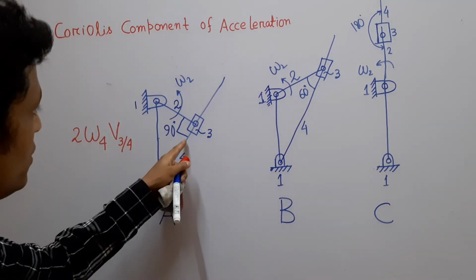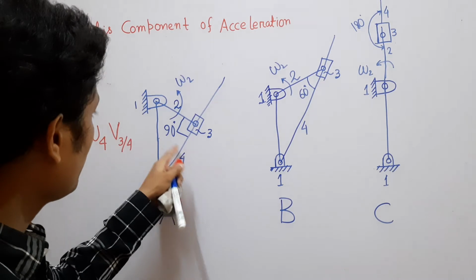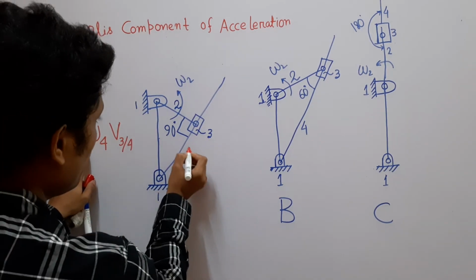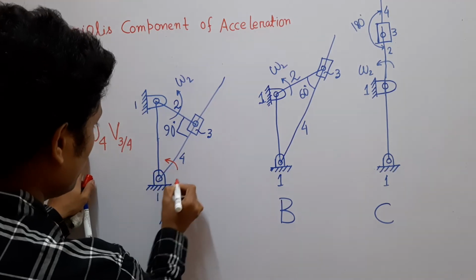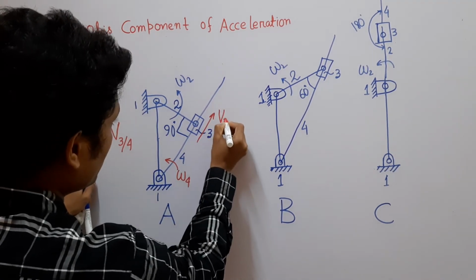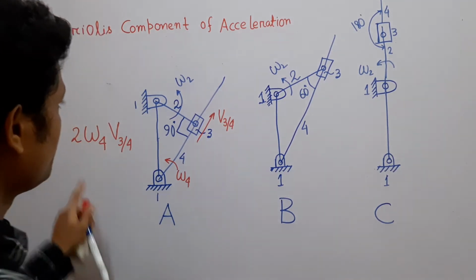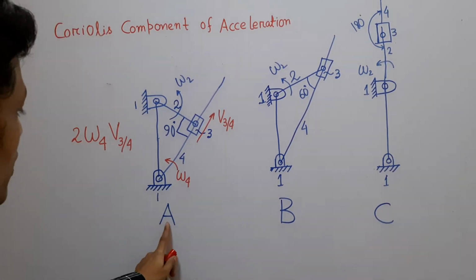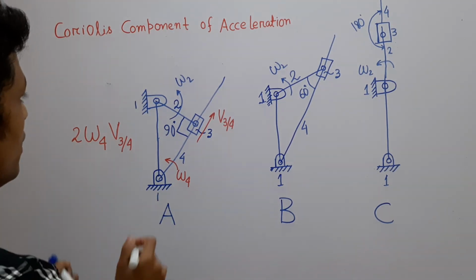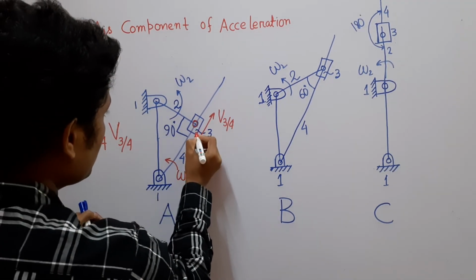Because here the slider is sliding on link number 4. So Coriolis component is what? Angular velocity of link number 4, that is omega 4, into V3 by 4, the sliding velocity. Now for case A. Case A, link 2, say this is an